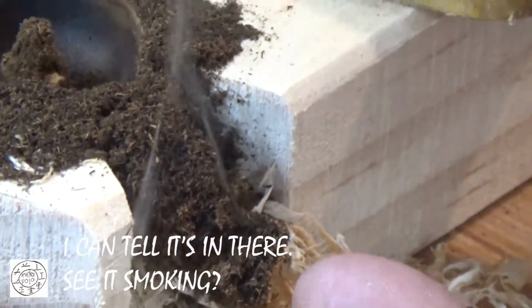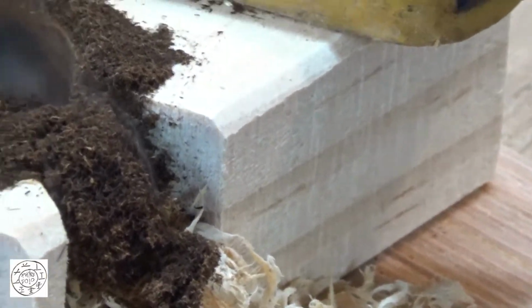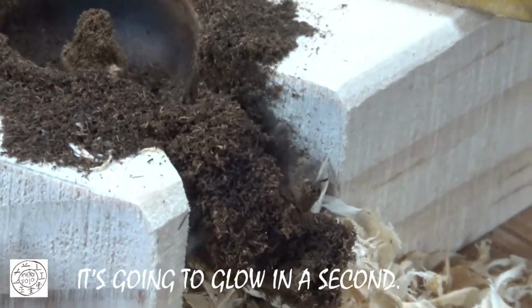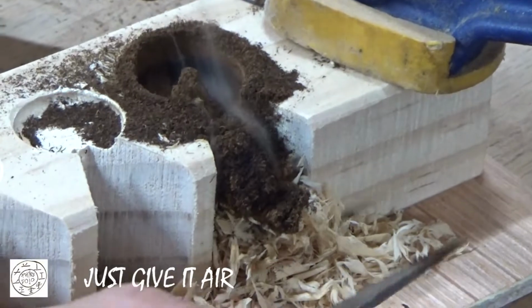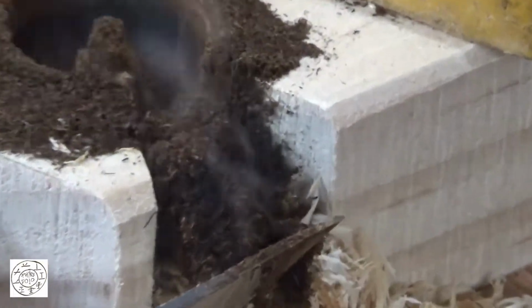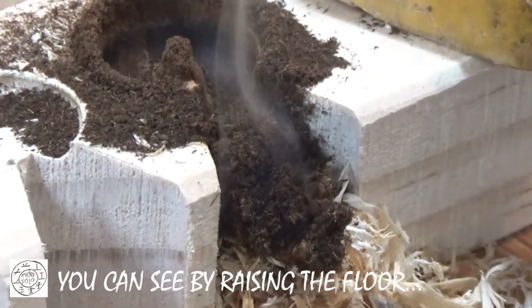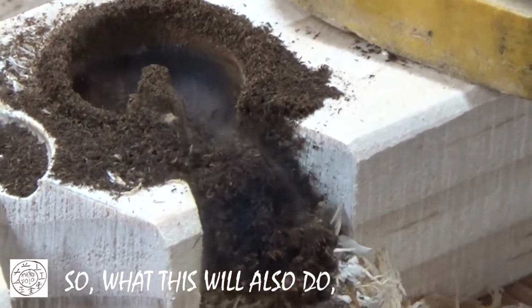I could tell it's in there. See it smoking? Smoking all on its own. It's going to glow in a second. Just give it air. You could see by raising the floor, all the dust didn't have to go all the way down to the bottom. So what this will also do,